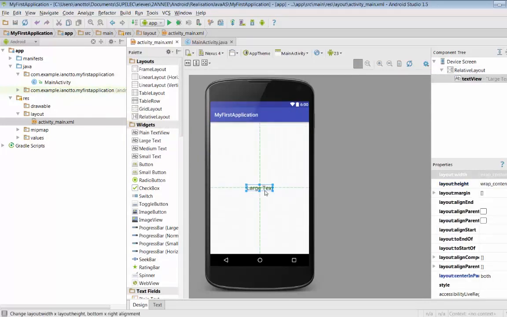Then we change the text of this component by double-clicking on it, and we change the text from large text to My First Application. At this point, a light bulb appears at the left side of the component. This light bulb indicates a possible problem with this component. For the moment, we keep this warning, and we will see in module 5 of the MOOC how to